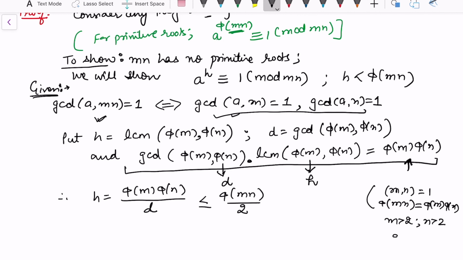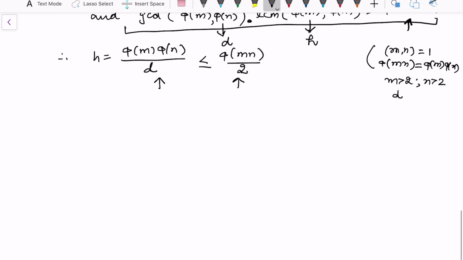So this means this divisor's least possibility is 2. And once I replace this quantity by 1 by 2, this quantity becomes larger than the left hand side. And now I'm going to use my Euler's theorem. By Euler's theorem,